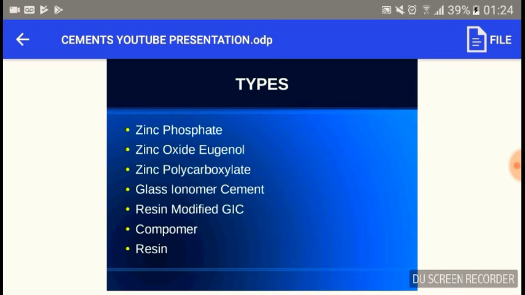There's also another component, sorry, I missed one, which is called zinc oxide eugenol. It's a weak cement used for temporary fillings. Temporary fillings, as I mentioned before, come in different types. There's short-term, long-term, so it goes from days to weeks and weeks to months and months to years. So temporary fillings are used when, for instance, a procedure cannot be finished. So a temporary filling is placed, and then you are able to come at a later date and